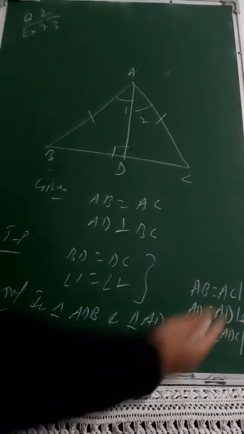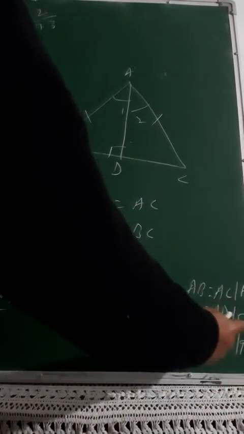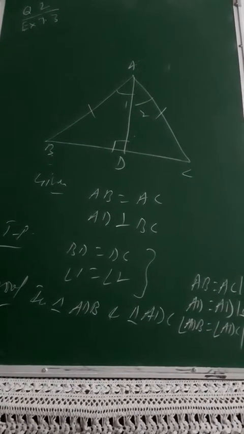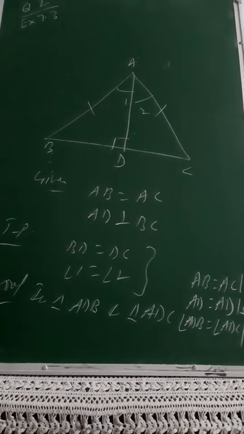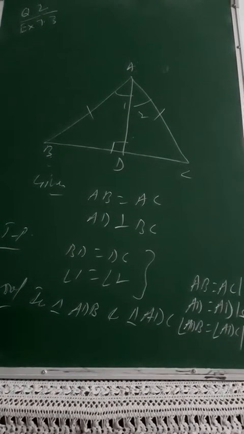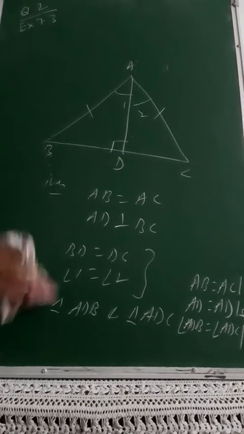So prove these two triangles ADB and ADC congruent to each other. I have given you the idea. RHS will be there. This is the right angle, this is the hypotenuse, and this is the side, which I have proved are equal to each other. So two triangles will be congruent by RHS. So remaining parts, that is BD will be equal to DC and 1 will be equal to 2, which you need to prove in question number 2. Then question number 3 is,